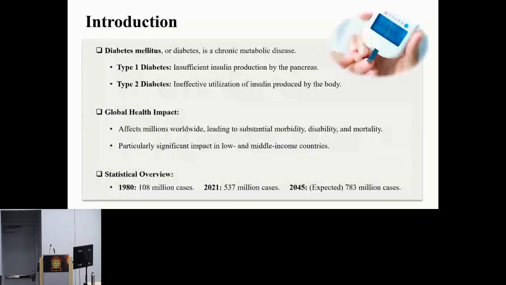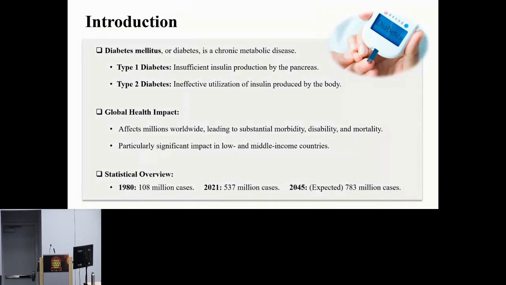As a brief introduction, diabetes mellitus, commonly known as diabetes, is a chronic metabolic disease characterized by insufficient insulin production by the pancreas or ineffective utilization of the insulin produced by the body.